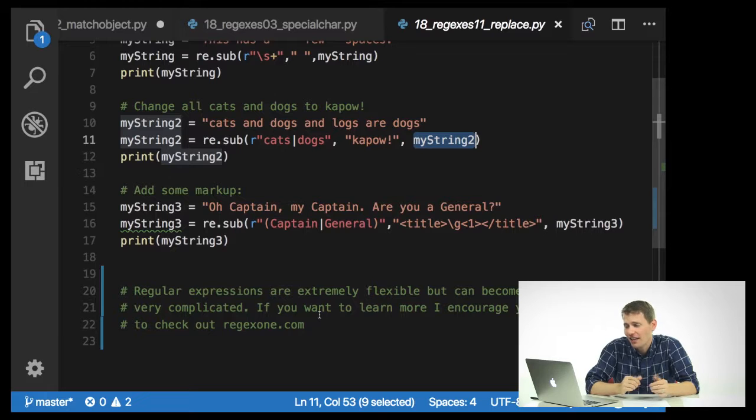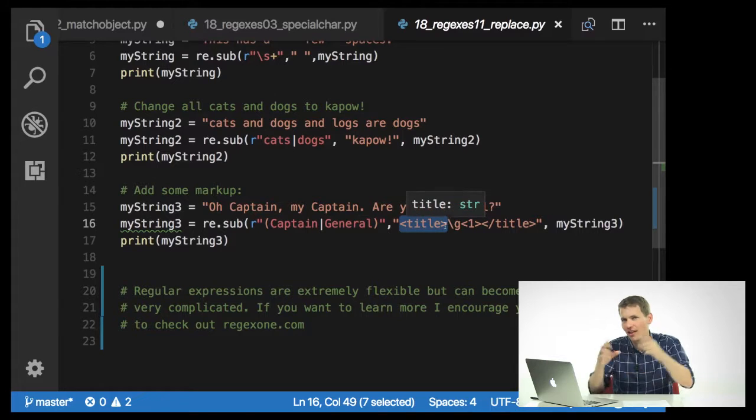So if I have a text, say my string is, "Oh captain, my captain, are you a general?" And I want to find out, I can add brackets around captain and general that specify that, hey, this is a title. I can say, find captain or general inside a capture group. And then what I want to do is I want to replace the title. I want to replace that text with title inside this markup. This is a little bit like XHTML,